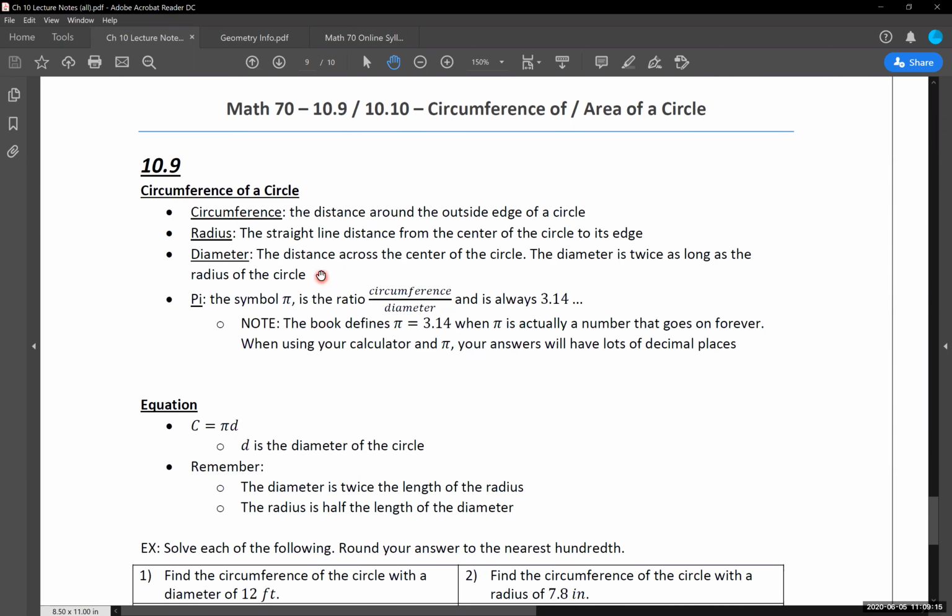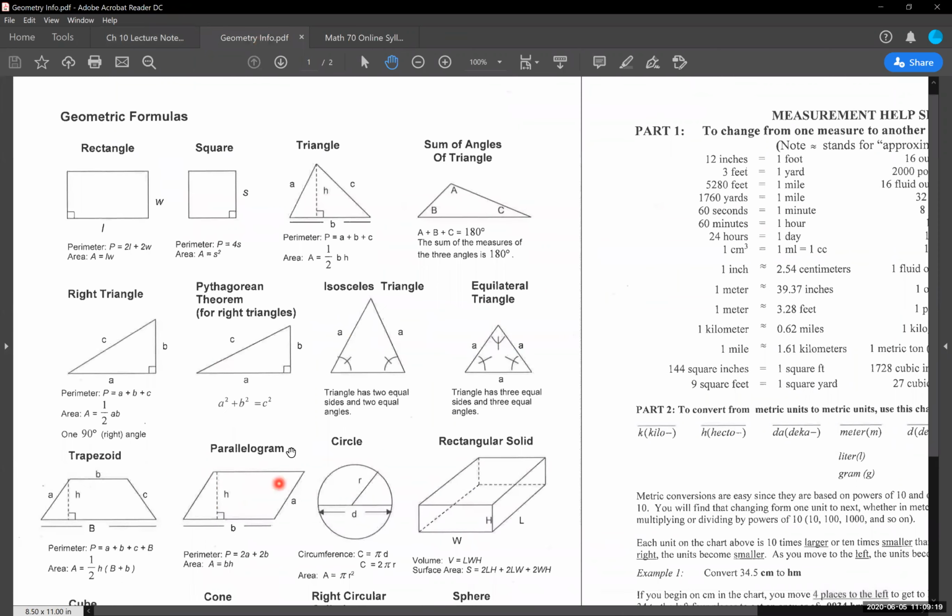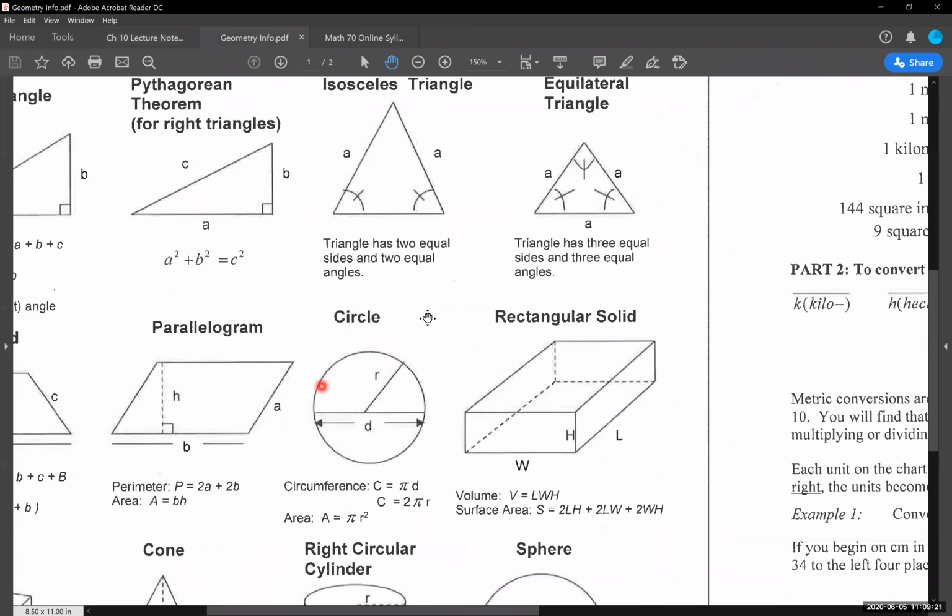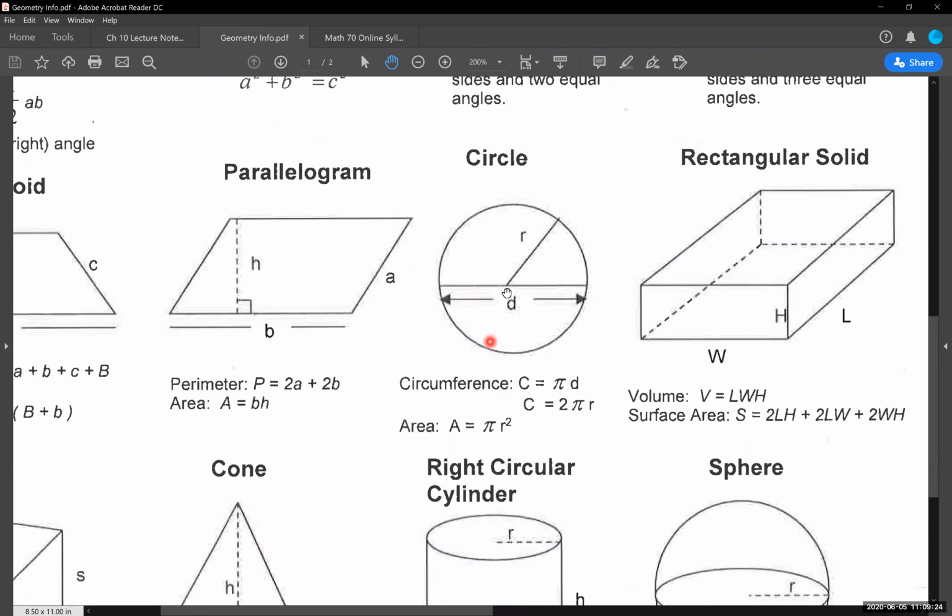So I'm jumping us over to our geometry info PDF. Nice visual over there. We'll zoom in here a little bit. So we have a circle, and it's in the center here. It's not exactly drawn to scale, but we're going to assume it's there. We have the center of this thing. So the radius, again, is that from the center to an edge. Doesn't matter if it's right here, doesn't matter if it's right here, doesn't matter if it's right here. It's always from the center of the circle out to the edge of that thing.